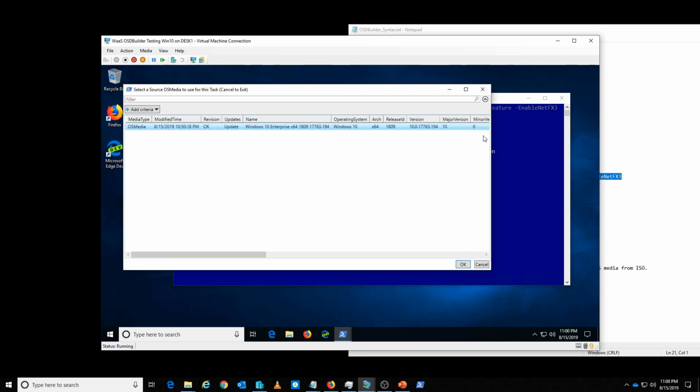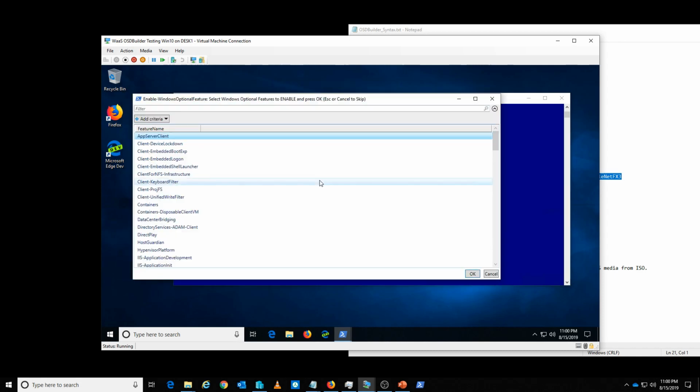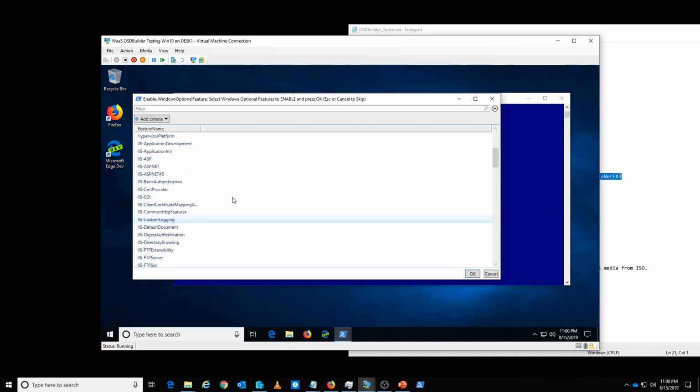Run that, press enter. Now it's going to give us a pop-up here. So the previous command, where we imported the media, we're basically picking that option here. So we notice the date on that. Here is where, if we need to, we can enable optional features. This is kind of like when you install features in Windows 10 or Windows Server. So if you wanted to enable or disable the SMB version 1 protocol or the Telnet client, right, or other features